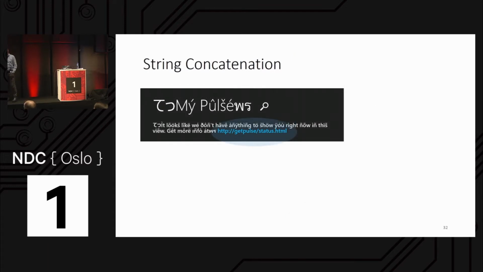Then you have string concatenation. If a different language wanted to put that link somewhere in the middle of the string instead of at the end, that would make translation quite hard. And the reason why this one ended up like this is because we have a hyperlink, which is a different widget from the text widget. So if we actually want to solve this properly, which is what we ended up doing, then you have to write code that would generate a more complex widget for you on the fly, programmatically, which is a lot more work than just putting strings into a table. But sometimes you have to do that.